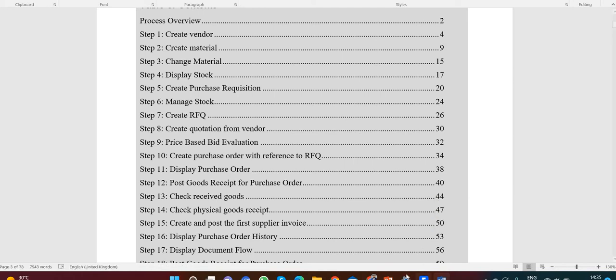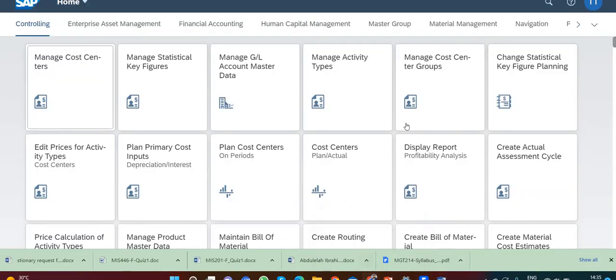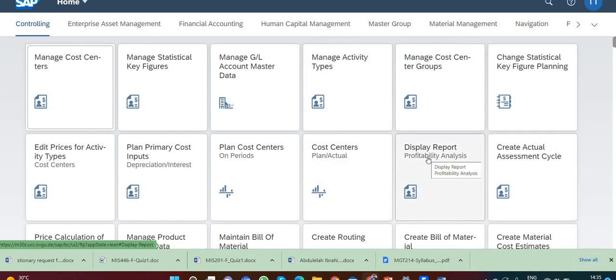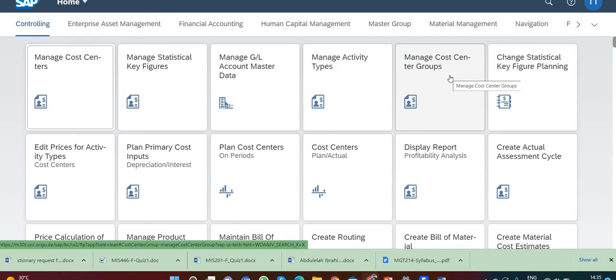So let's start our work. Okay guys, so this is the SAP screen, very familiar to you. SAP S/4HANA. Now, our first task is to create a vendor. Remember, a vendor is a business partner that is going to supply you the material. Most of the time, they are supplying you the raw material. So, where do we have to go? We have to go to